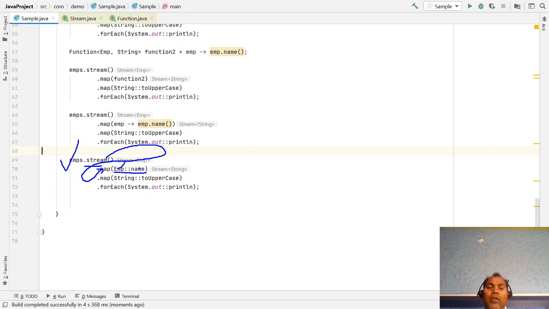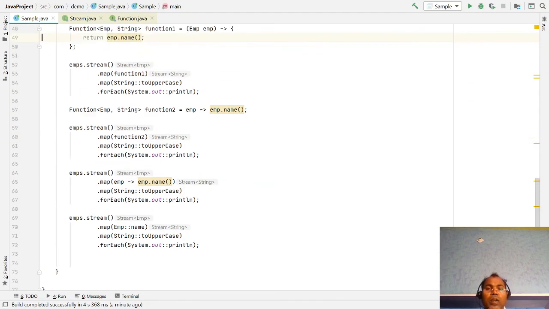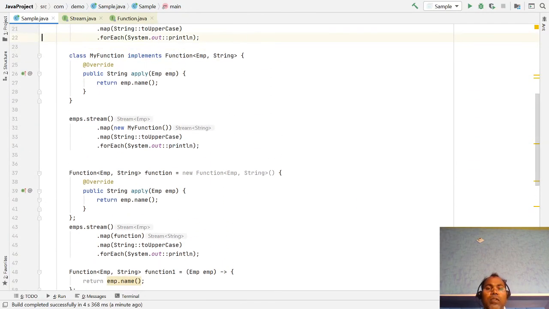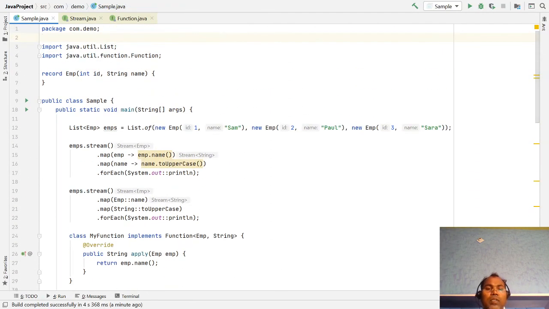Then the name is a string. From each string I am just converting to uppercase, and here you are just printing. So hope you are now able to understand the syntax and semantics of lambda expression, and how lambda expression makes our code concise.